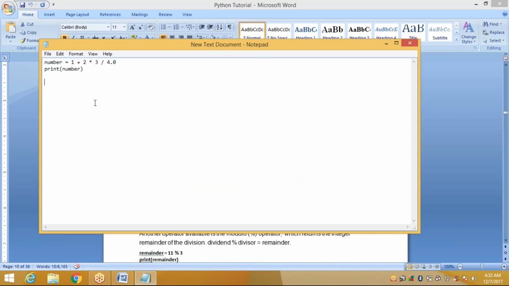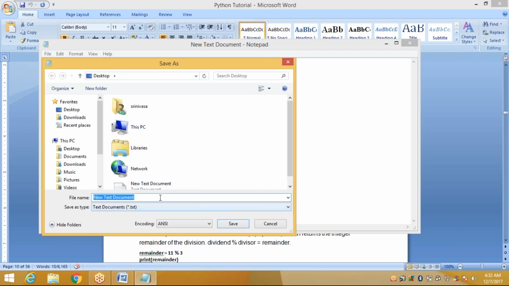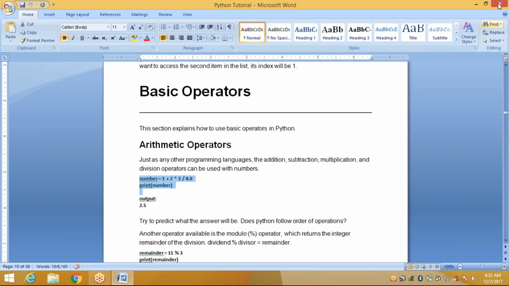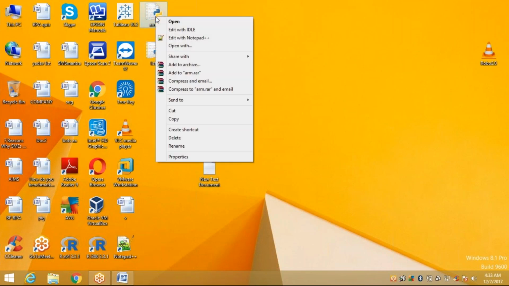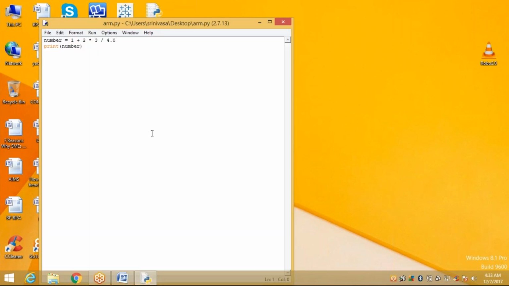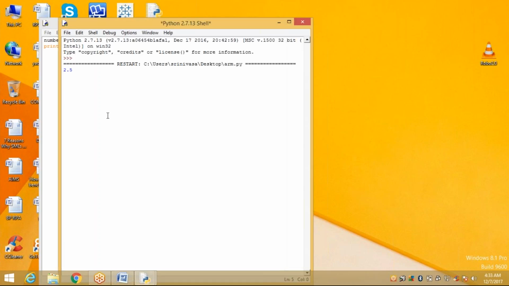File, Save. Save as some arm.py on our desktop. Here, this is your Python file. Okay. Now right click on it, Edit with IDLE. Run it. Run the code.